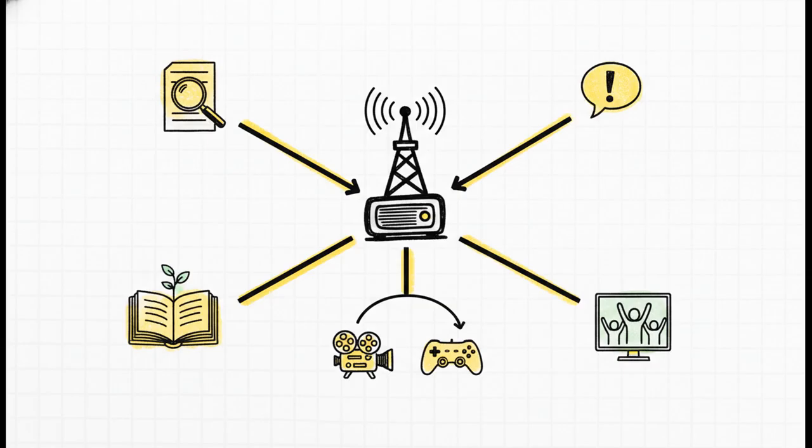First, there's information. We just want to know what's going on. Then there's interpretation, which helps us make sense of it all. Media can be instructive, teaching us something new. It also provides bonding, creating shared experiences, like when we all watch the Olympics together. And of course, there's diversion, just pure entertainment and a way to relax.